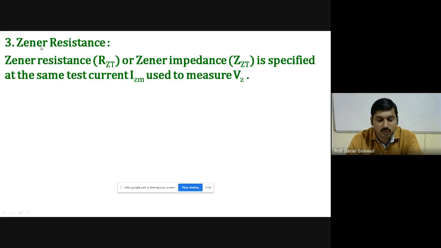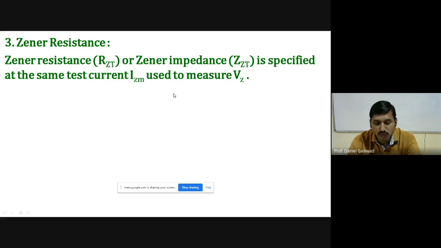But according to a textbook, we have given these also. So Zener resistance means the resistance of the Zener diode when it carries a certain current or the maximum current. Suppose the test current is the maximum IZM, the maximum current that the Zener diode can handle, and the potential VZ remains fixed. So VZ divided by I, we obtain the resistance, and that is called the Zener resistance here. A similar formula we can apply for the impedance also, that is in the case of AC signals here.